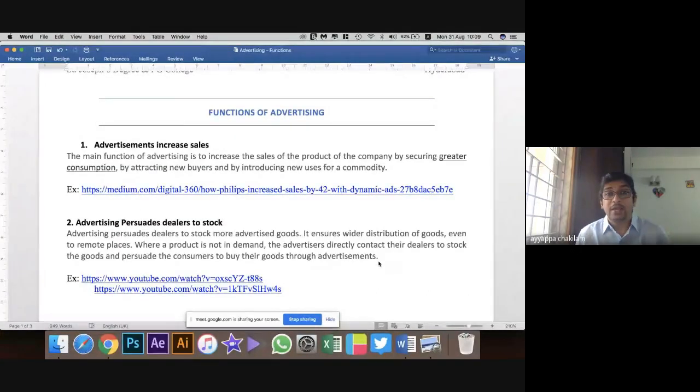So for Myntra, the monthly active users might come down. So what does it do? It comes out giving advertisements to try to increase the sales that have been affected by the pandemic. So they have been coming up with a lot of different kinds of sales all through since May or June. So that's how they try to create advertisements.